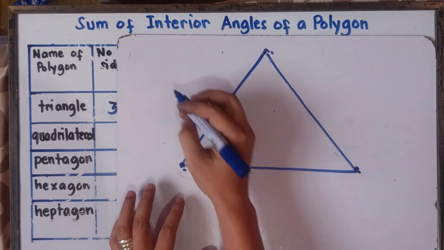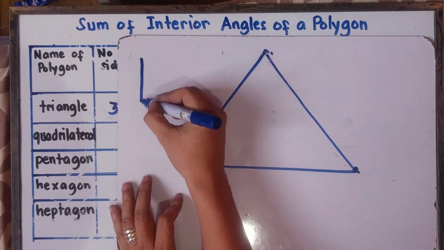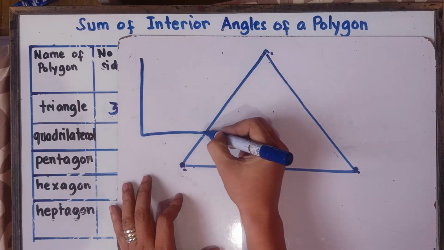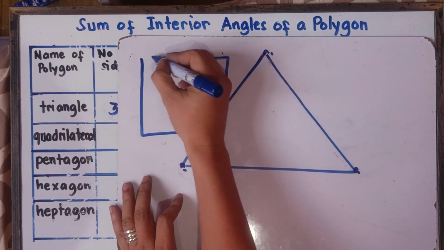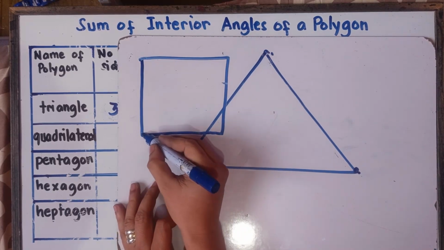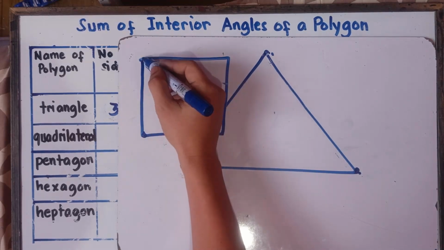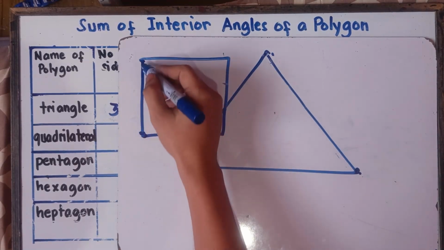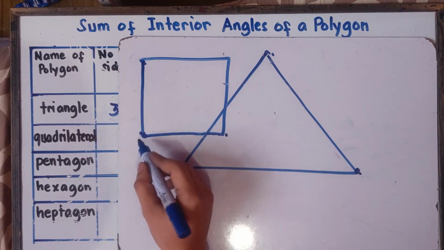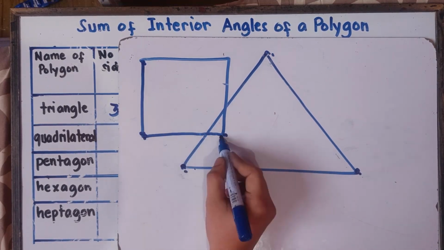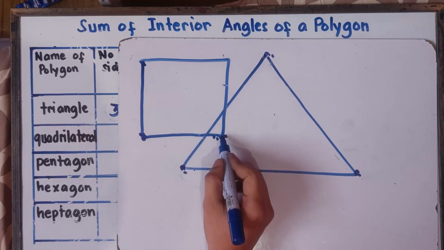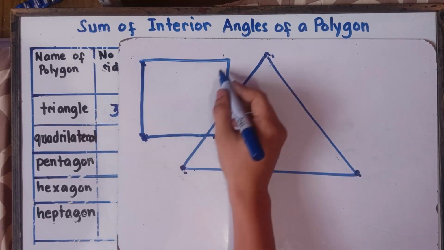Just as an example, if we have a square. If this is our vertex, can we draw a diagonal going right here on this corner? Nope, that would be next to each other, right? Going right here, can we draw? Nope, that would be next to each other. You cannot draw a diagonal like this. How about this one? Can you draw this one?